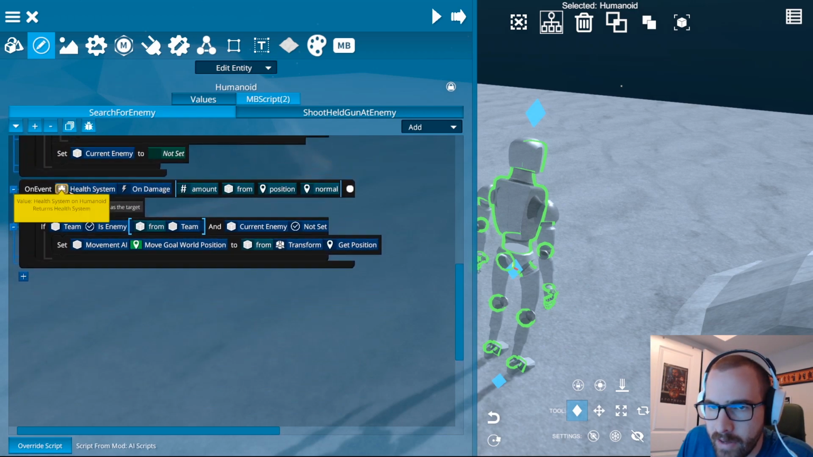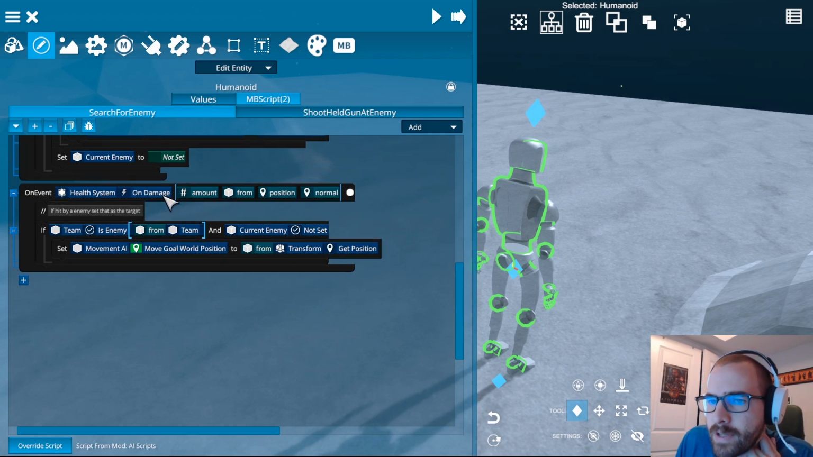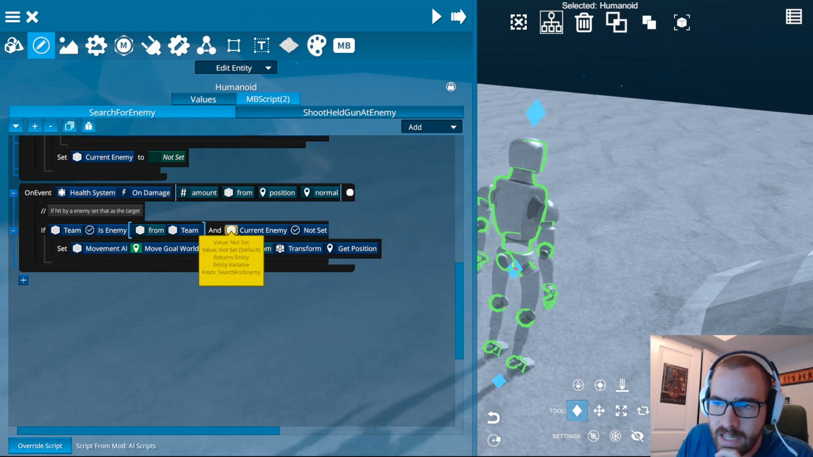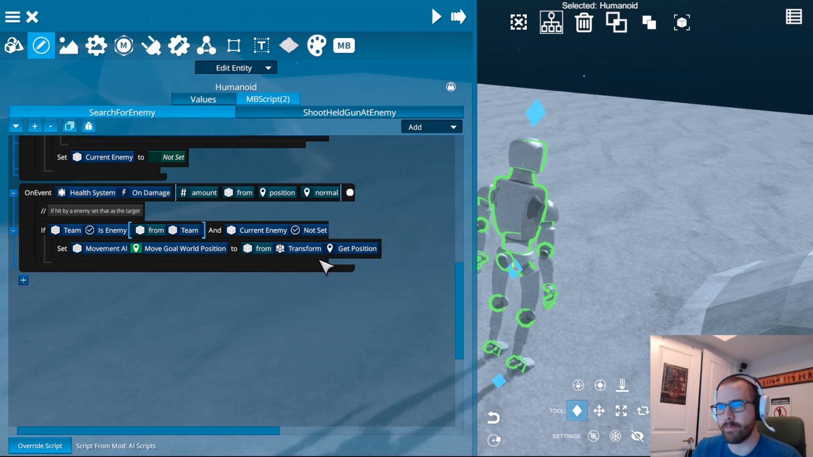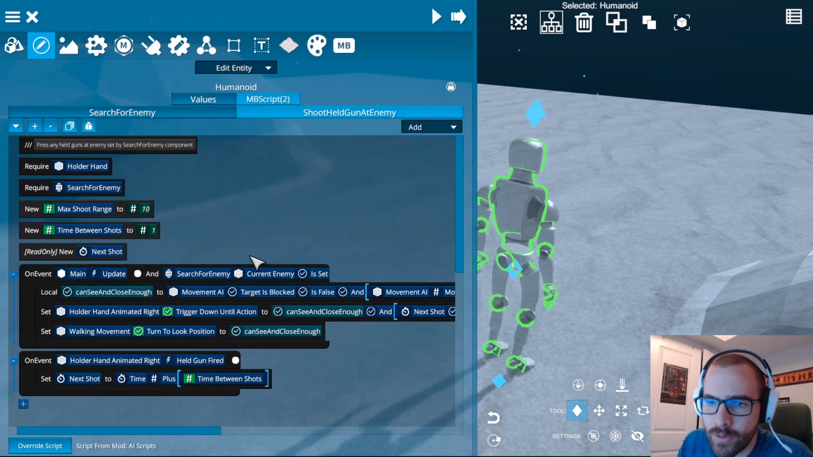And then this line right here says on damaged, if the health system is damaged, set who damaged as the current enemy. Actually, this says if who damaged you was on the other team and you don't have an enemy, then set the move goal to where that happened. So like if I snipe this character from far away, he then becomes aware of where I was, and he comes after me. He doesn't set me as the current enemy, he just knows that was the last position I was at and goes after me. And then it has this shoot held gun component, which